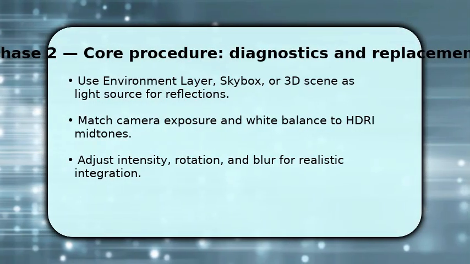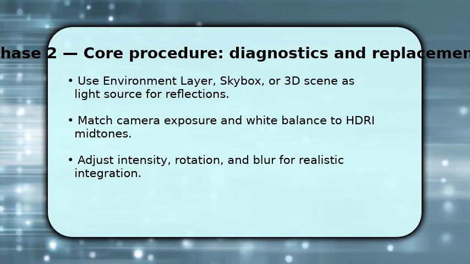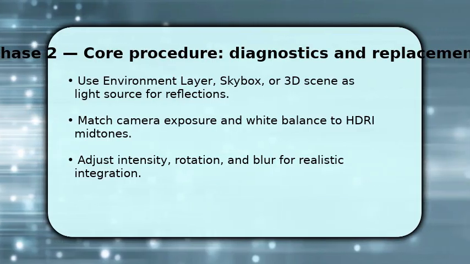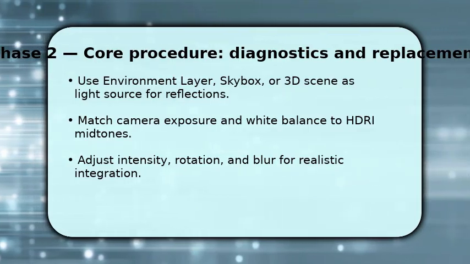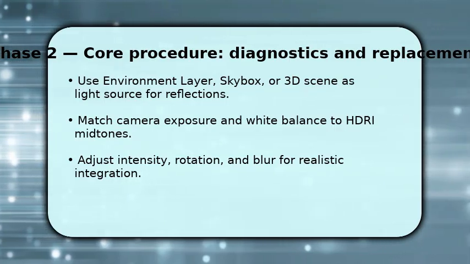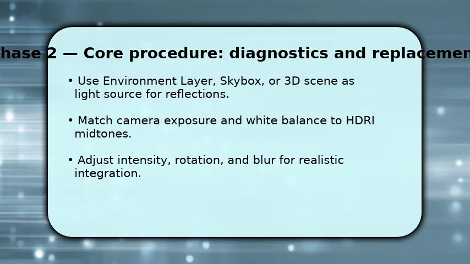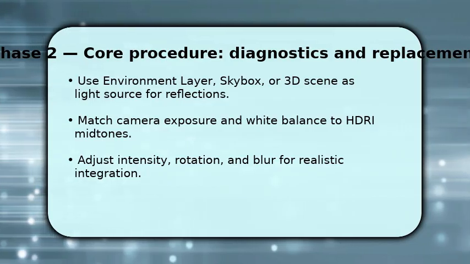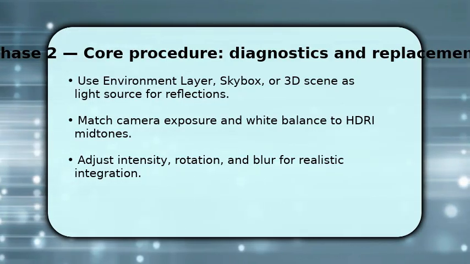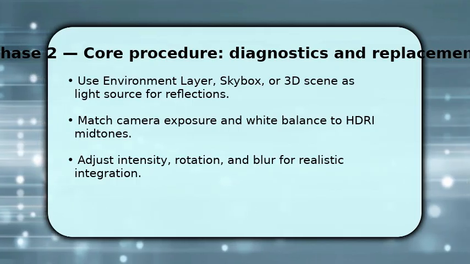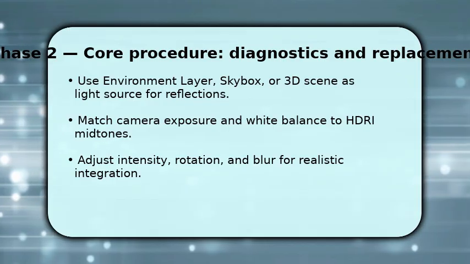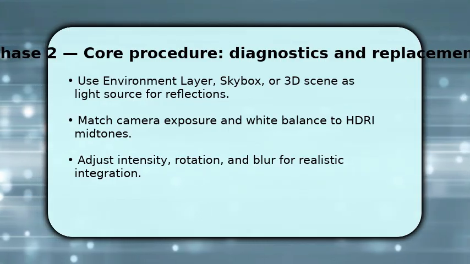Now you map the HDRI to your scene. Apply it as an environment or skybox layer and attach it to a light probe or the comp background so 3D layers sample it for reflections. Rotate the HDRI to align highlights with your scene's key light. This controls where speculars fall. Make sure to match camera exposure and white balance to the HDRI midtones so colors read correctly. If edges look harsh, add slight blur or lower intensity to blend the HDRI with practical lights, and scrub the